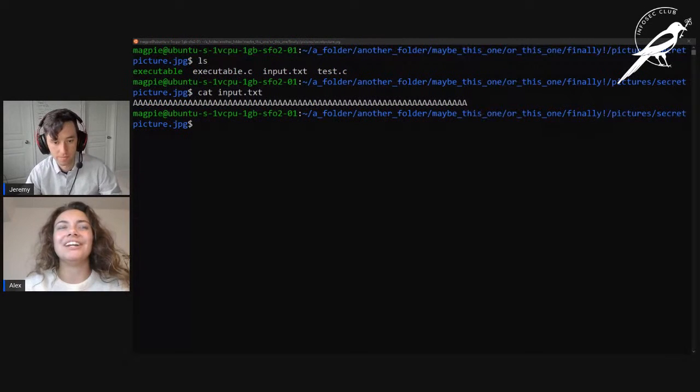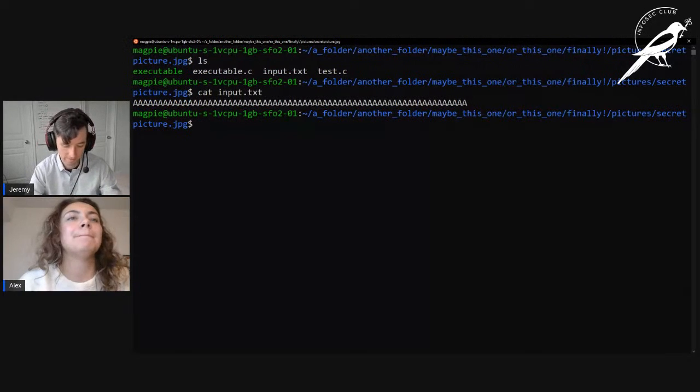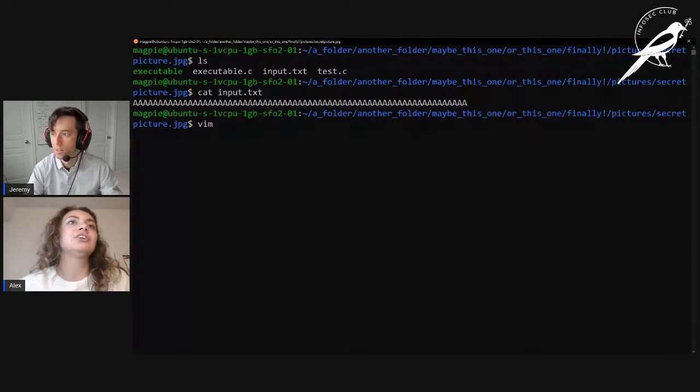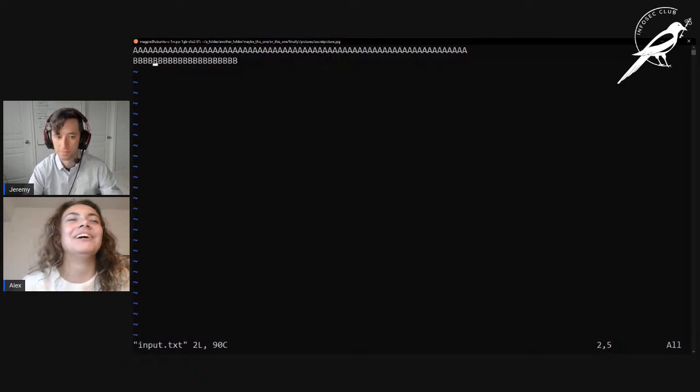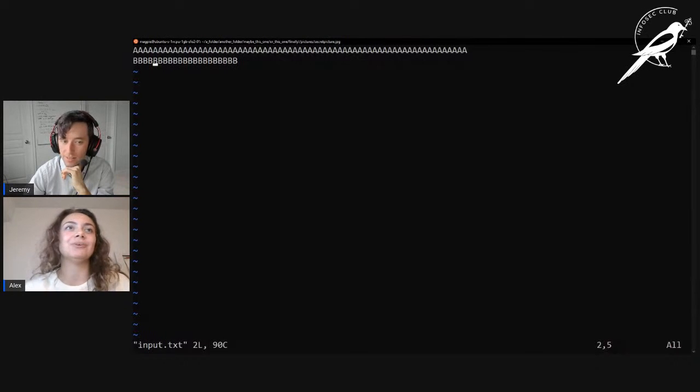There's a really common text editor that's really bare bones called Vim. Most Linux will have it pre-installed. You can install it on anything. So if you type the command vim and then a file that you could open, so we can open input.txt, you'll see that we've opened up whatever's in it on a screen. This doesn't know what your mouse is. It has no idea what your mouse is. It doesn't really know what your keyboard is either. So you can't copy and paste that easily. It's a major downfall of Vim.